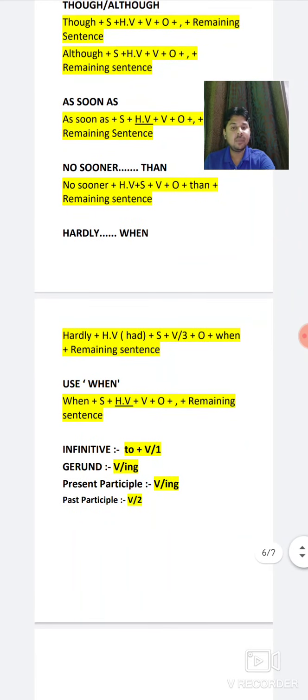Now the second last topic of that group, "when". What changes do we have to make here? It is one of the easy structures. Start with "when", after that the subject, after that if a helping verb is given in the sentence, use it; if not given, don't use it. That's why that part is underlined, student, meaning an exception is there. After that verb, object, then the second sentence starts from a comma, and after the comma the remaining sentence follows.